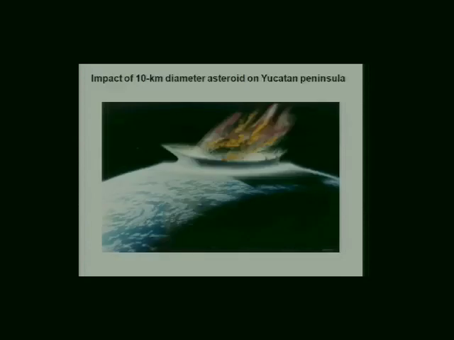And the picture that emerged then was something like this. There was a very large asteroid, something like 10 kilometers in diameter, which came in from outer space and collided with the Earth. The asteroid basically got vaporized in that process and created a big hole in the Earth. And an enormous amount of ash and dust and rock got kicked up into the atmosphere, and that stuff got spread all around the world. And so that's where the origin of the iridium is. The iridium was contained in that asteroid. It got vaporized, spread around the world, eventually came down in the form of ash and dust, which got incorporated